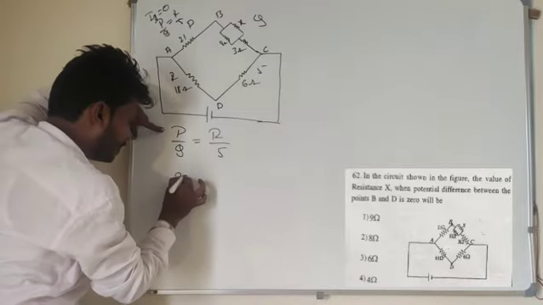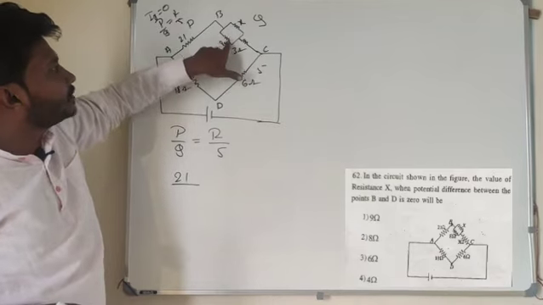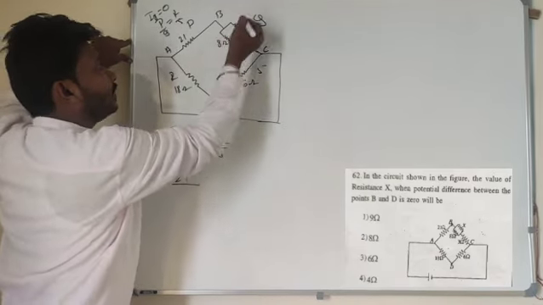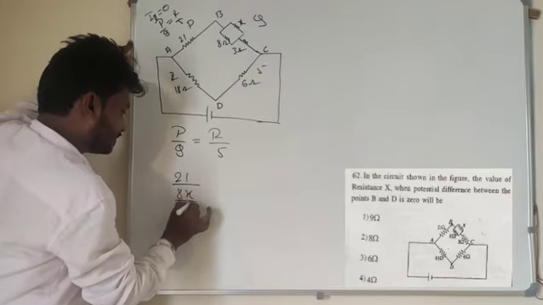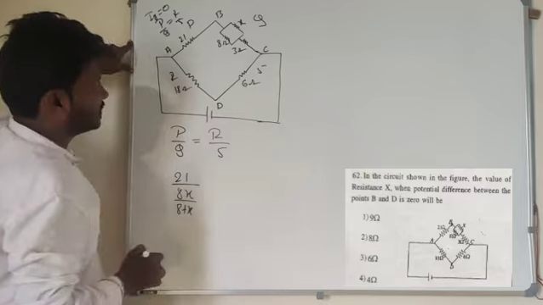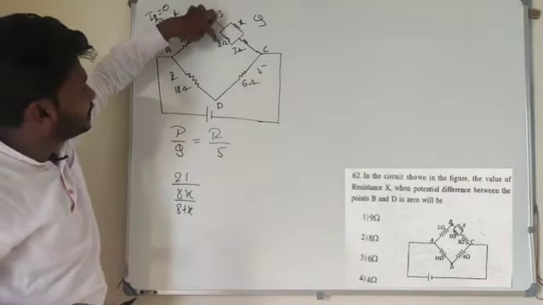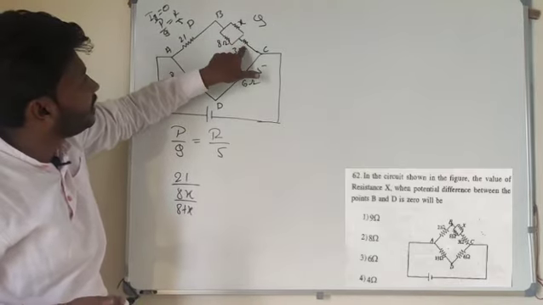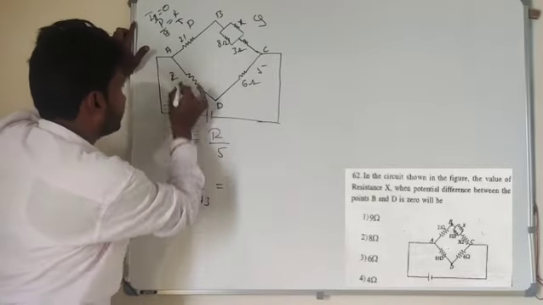What's the value of P here? 21. Now look at here, between B and C. So here 8 ohm is there. 8 ohm and X are in parallel combination. So 8 into X divided by 8 plus X. Now for these two, this 3 ohm is in series here. 8x divided by 8 plus X. Instead of 2 I will get that single resistance, so that will be in series with the 3 ohm resistance. So plus 3 here. It is equal to R.